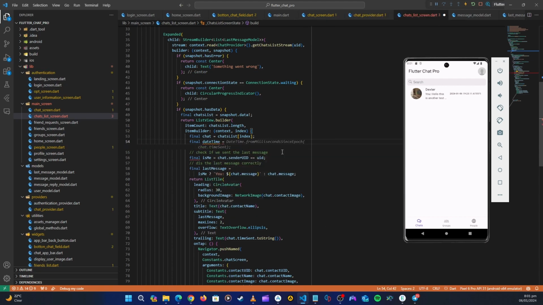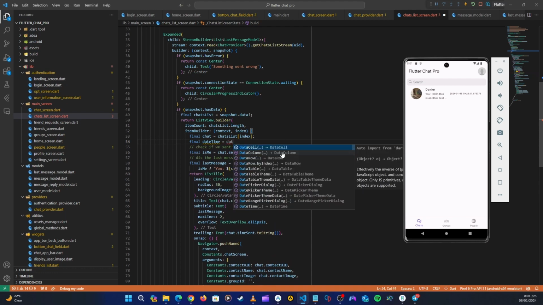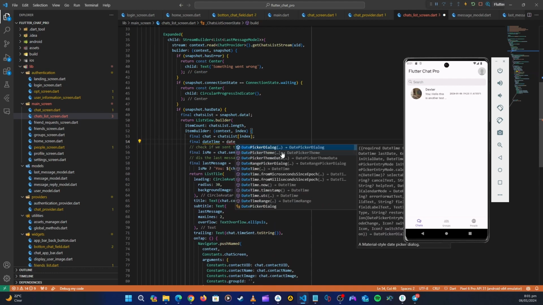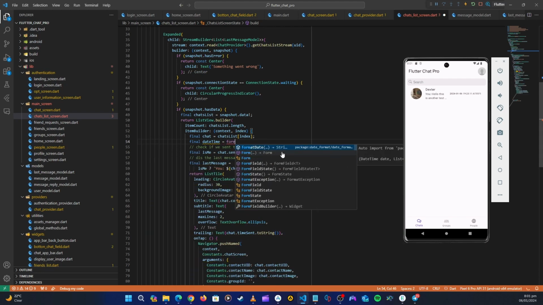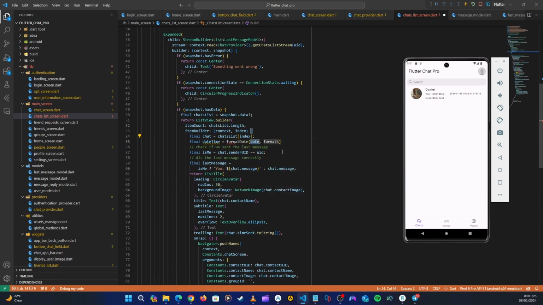Here we can say DateFormat. Where is that method of ours? Or not like that. We need to say format date, like that,